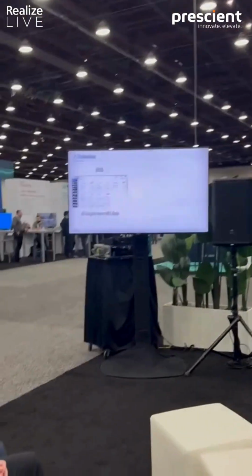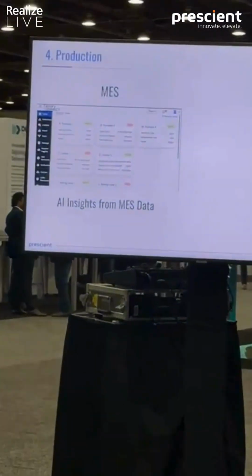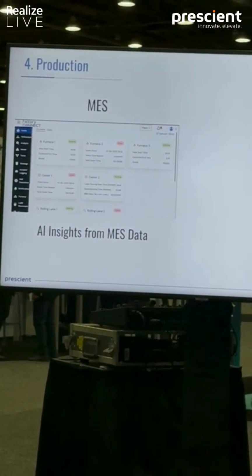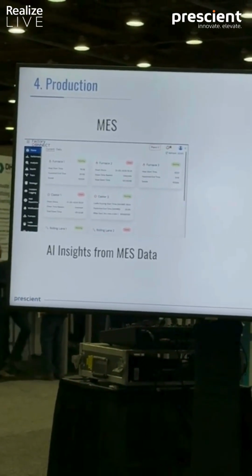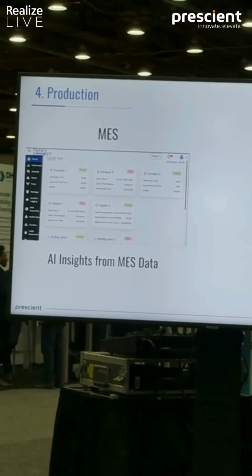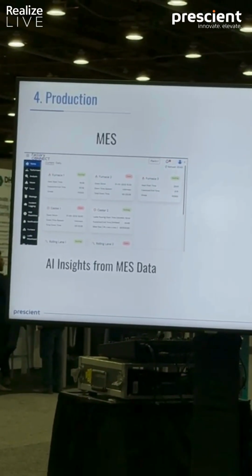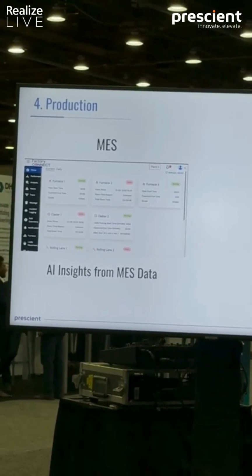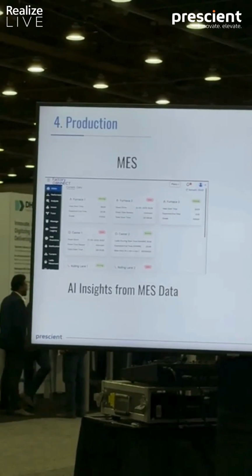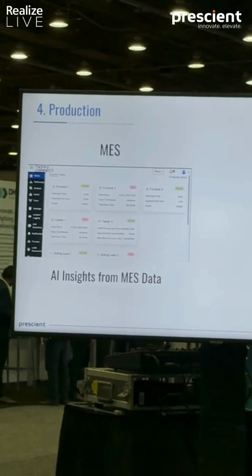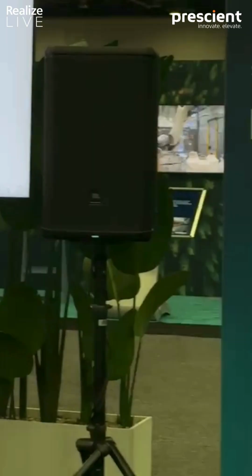So this is basically Prescient's IP. We do MES for the steel industry right now, and they generate a lot of data, and their processes are very critical. Any lag or problem in between creates a huge loss in their production and energy utilization. It is highly expert-based, and the people who have worked in those factories for a long time basically predict what must have happened and what we should do.